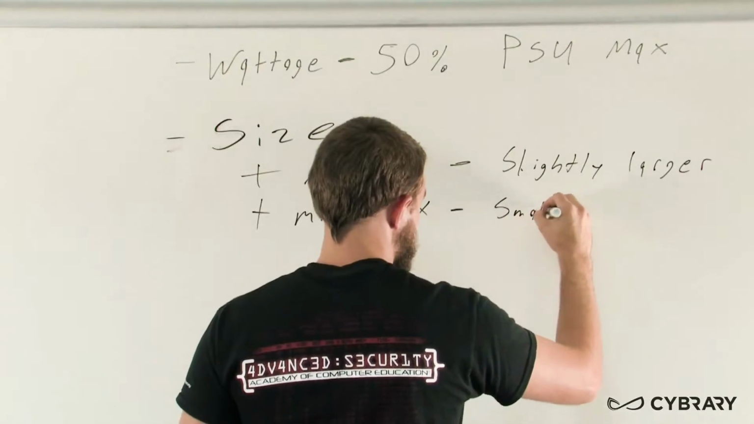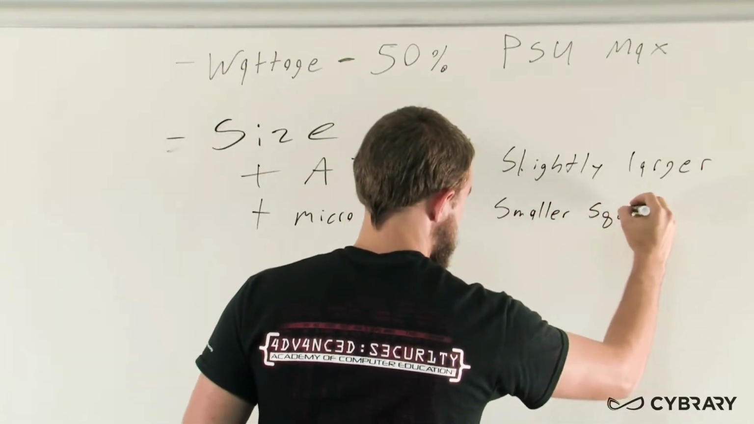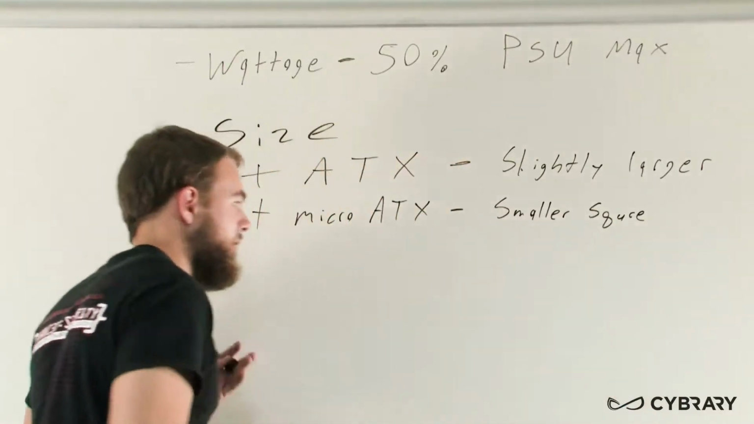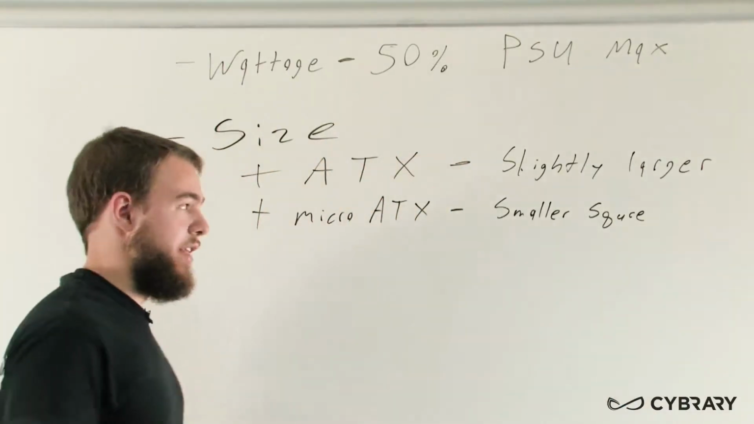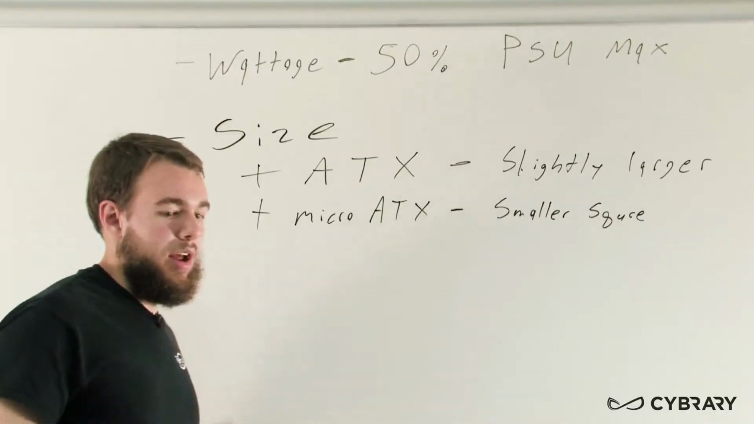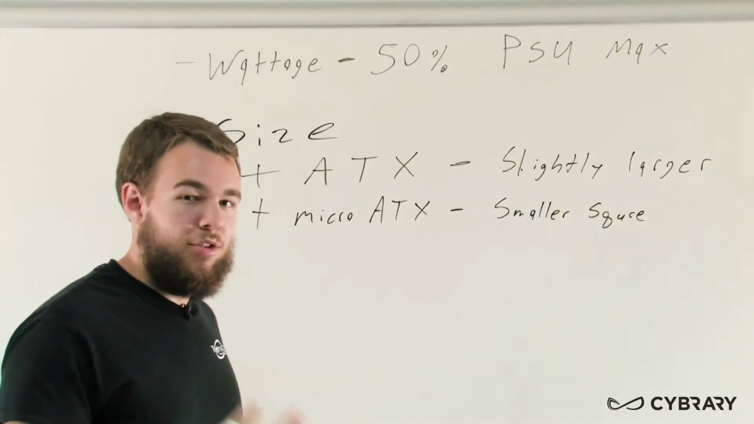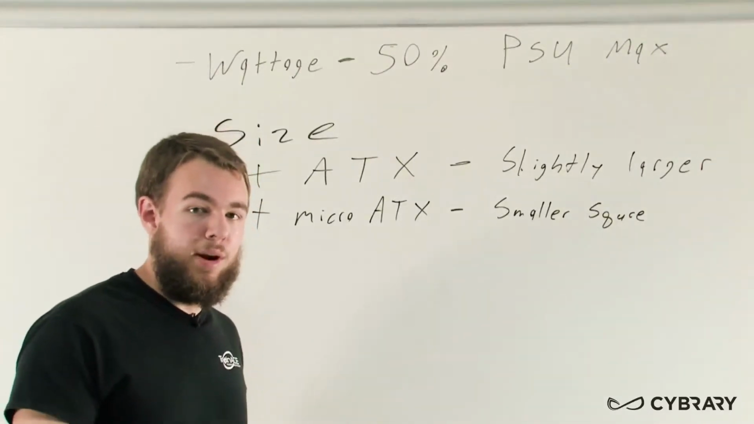Again, the other common size that we'll see will be our micro ATX, which will be a smaller square shape, only slightly smaller in length than our ATX unit. And the micro ATX unit we'll see on some of our desktop computers. And we want, again, to make sure that we're doing the proper research when we're determining the size of our